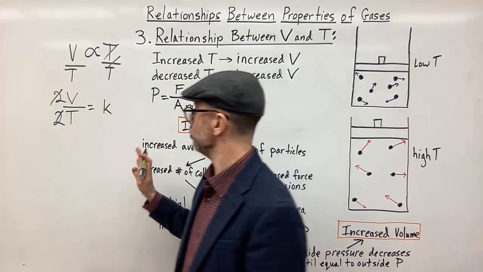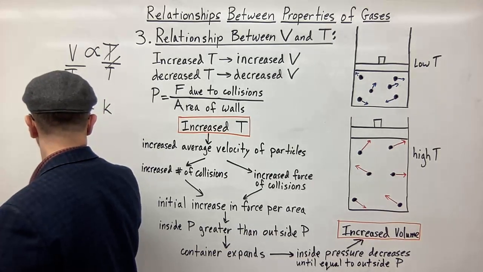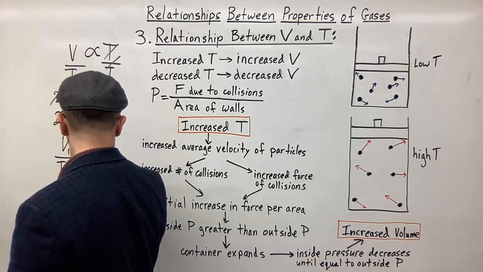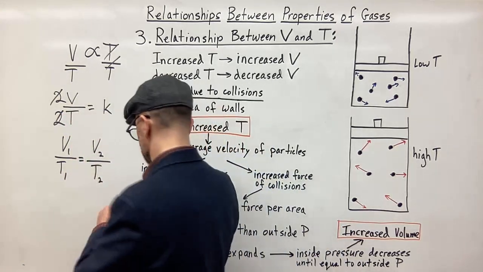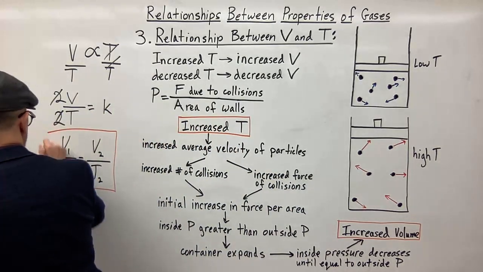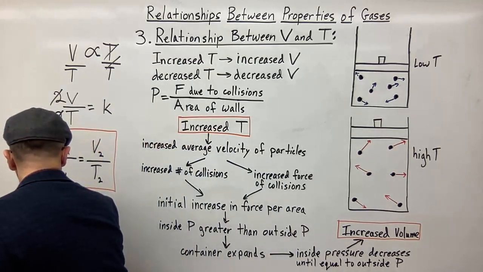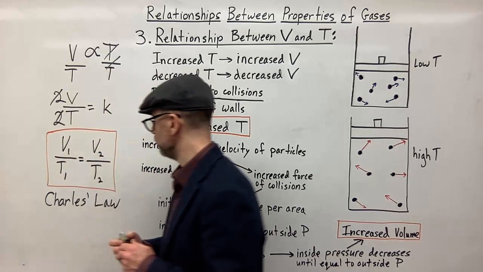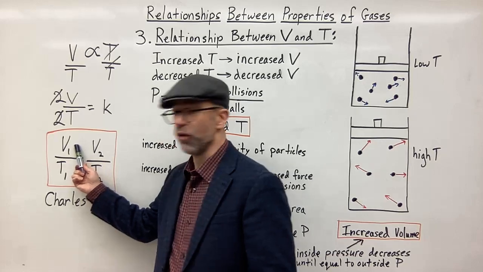So that will cancel out and you get the same thing you got before. So it's constant. So this gives us the relationship of V1 over T1 is equal to V2 over T2. And this is Charles' law. So Charles' law basically says that volume and temperature are directly proportional. So basically what this is saying, just as the other laws, if I have an initial volume of my